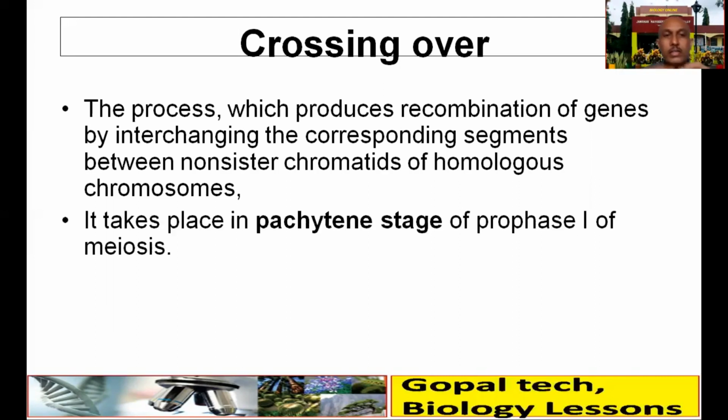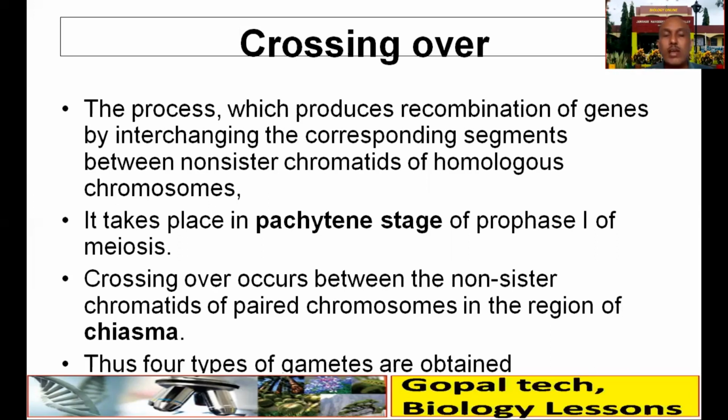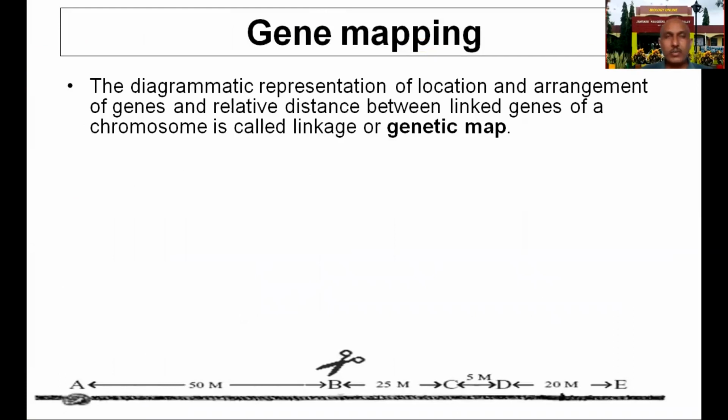It takes place in पैचिटिन स्टेज, मैंने बोला था लेप्टोटिन, जाइगोटिन, पैचिटिन, डाइप्लोटिन, डाइकाइनेसिस। तो क्रॉसिंग ओवर कहाँ पे होता है? पैचिटिन स्टेज में ऑफ ए प्रोफेज 1, वही डिसाइड करता है। क्रॉसिंग ओवर occurs between the non-sister chromatids of paired chromosome in the region of चाइस्मा या काइस्मेटा। याद करो सभी, 11th सब कुछ आपको याद होगा। So therefore there is a chance of 4 types of gametes are obtained, और मेंडल में वही हुआ, डायब्रिड क्रॉस में 4 gametes। देखो कितना इंटेलिजेंट था मेंडल।